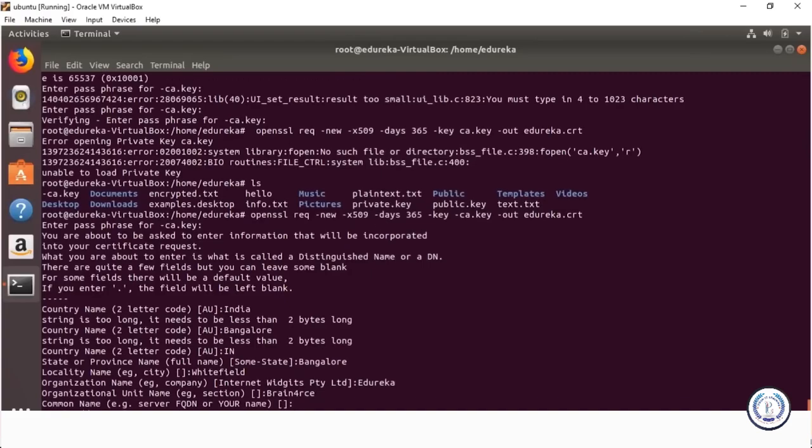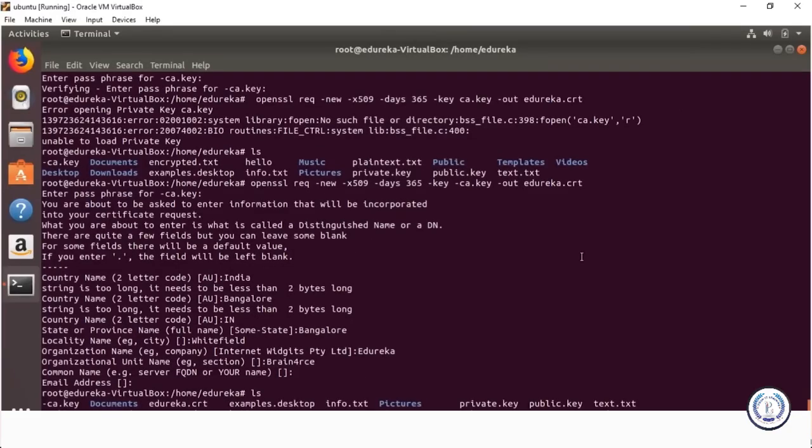If you go and list out your files, you'll see that there is a certificate called edureka.crt here, which is highlighted. Now if you want to view this file, you could always use the OpenSSL utility. You say you want to read an X509 request and you want it in text, and what you want to see is edureka.crt.